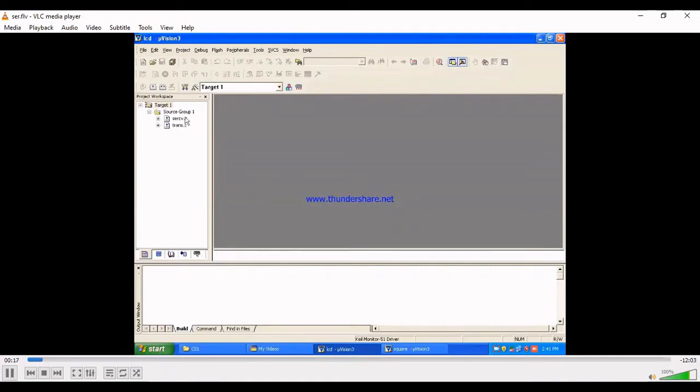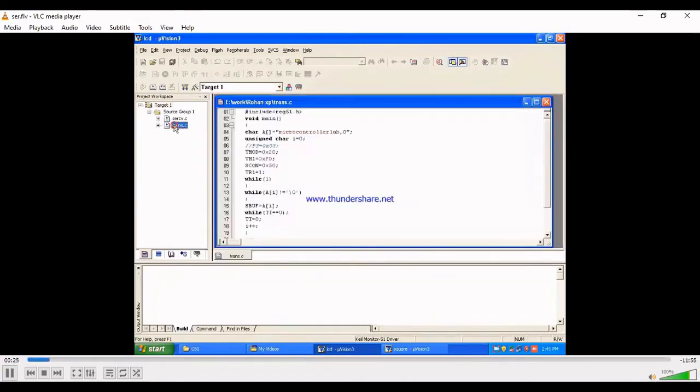I have taken an already existing target only. You have to save the C program as .c file, not .asm. So I have given the name for transmitting characters trans.c. For receiving, I have given sercv.c.